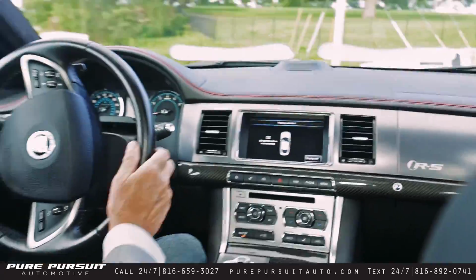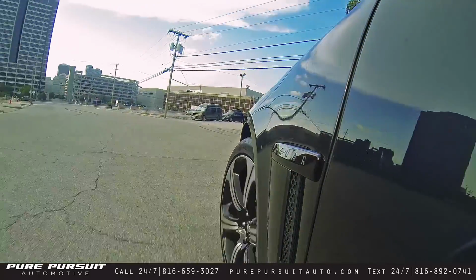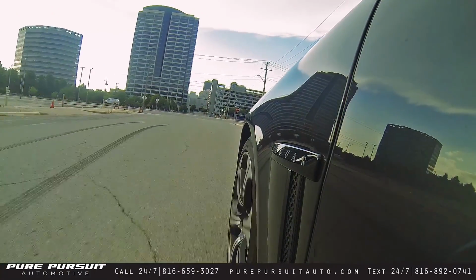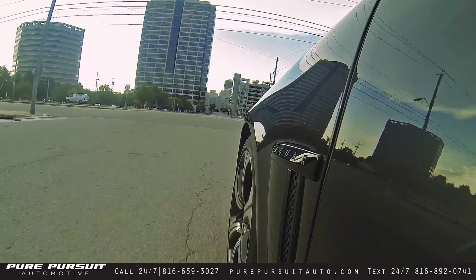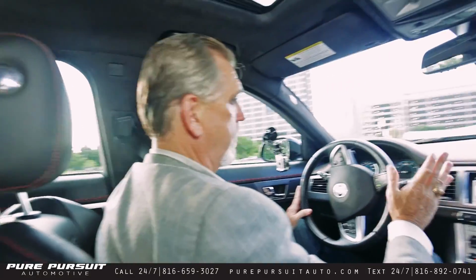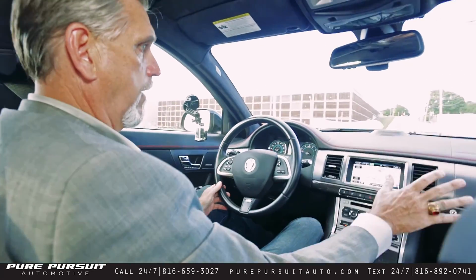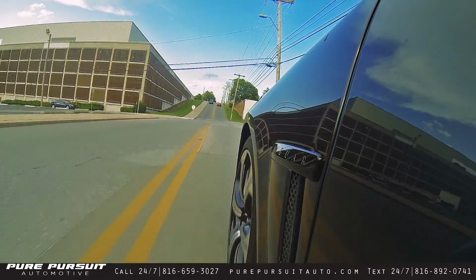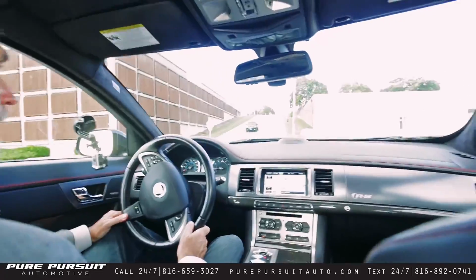So we'll go ahead and take off now, and this is one fantastic vehicle. And what I really and truly love about this vehicle is that it's high performance, 550 horsepower, 5.0 liter engine, supercharged. But at the same time, it's a sport luxury vehicle, and the luxury and all of the technology that's involved in this vehicle is absolutely fantastic. As you can tell from the vehicle itself, the colors, I mean, especially right now at dusk this evening, the colors really kind of pop. You've got that beautiful gray color of the vehicle itself that comes out and stands out, as well as the